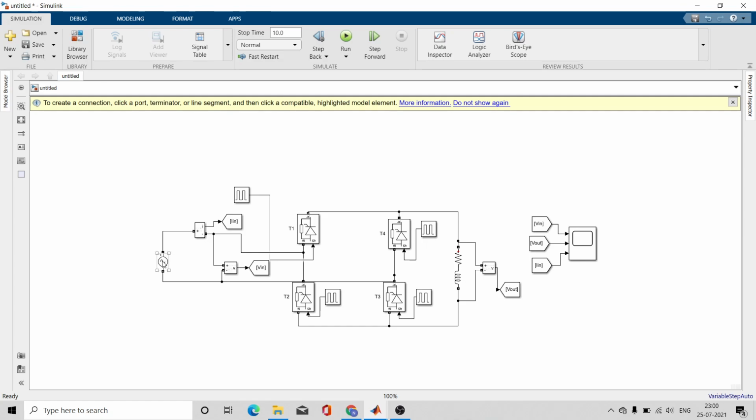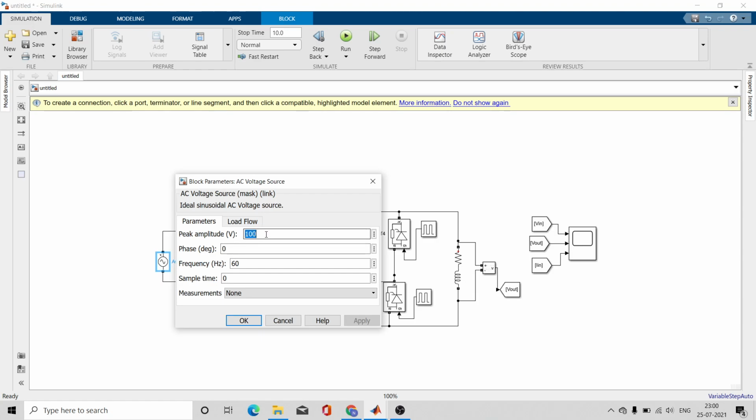So one thing remaining is the input voltage. Let us give 230 volt RMS input, but they want peak voltage, VM, and 230 is the RMS voltage. How to find peak voltage?